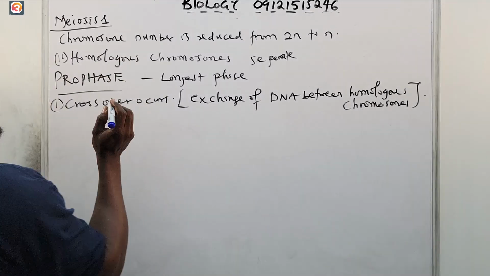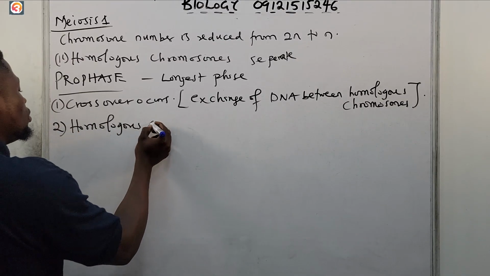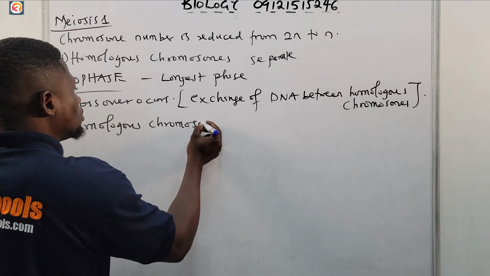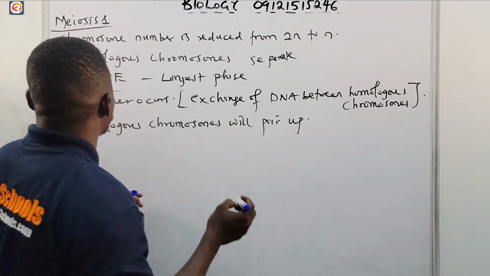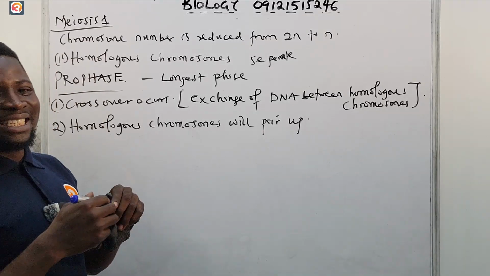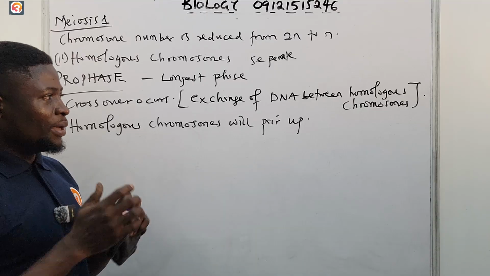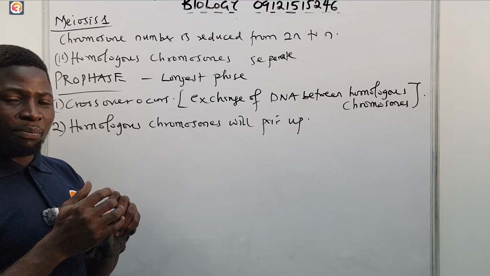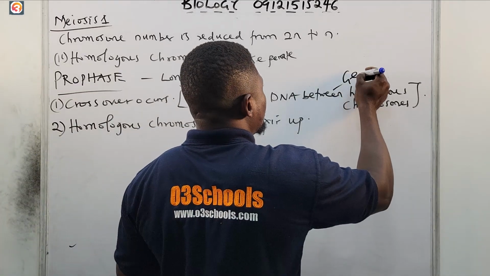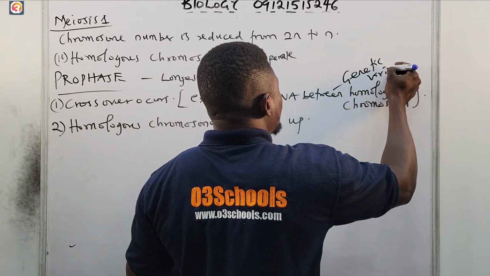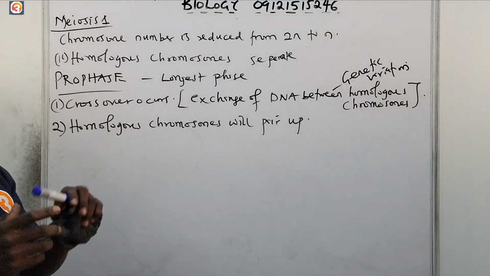Then number 2, homologous chromosomes will pair up. So this is basically what happens in prophase. It is the longest phase, and crossover occurs, the exchange of DNA between homologous chromosomes, leading to genetic variation. Homologous chromosomes will pair up,